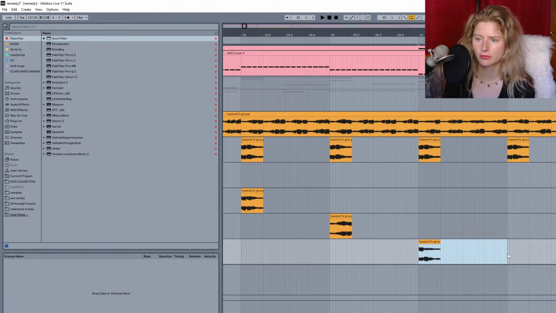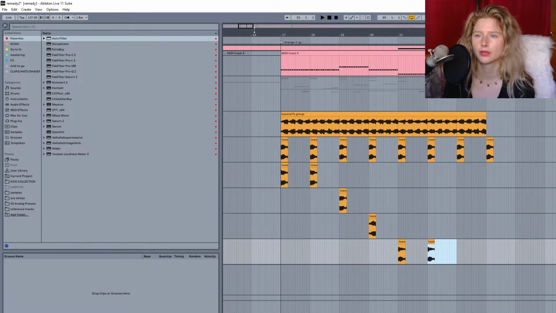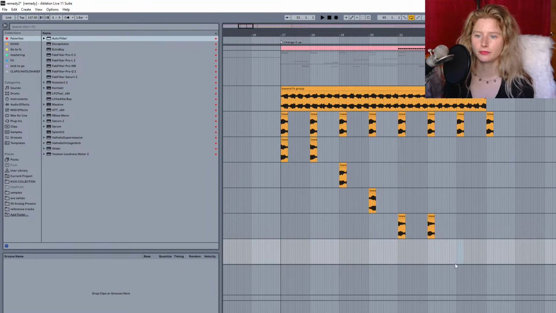Snap to grid. And then this one. Last one. Reverse. Reverse.